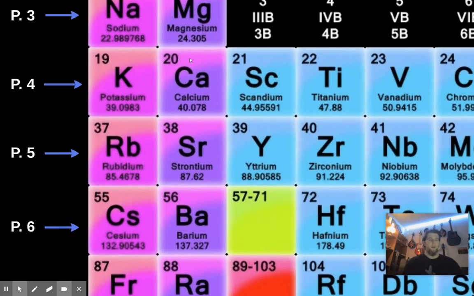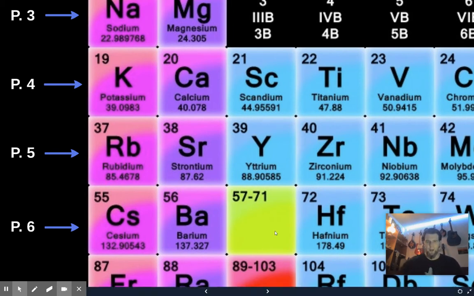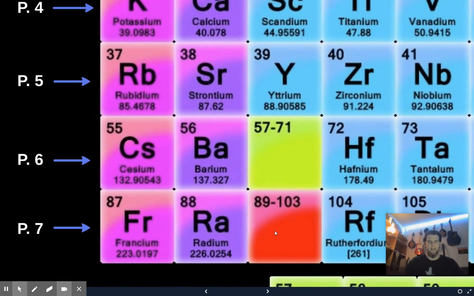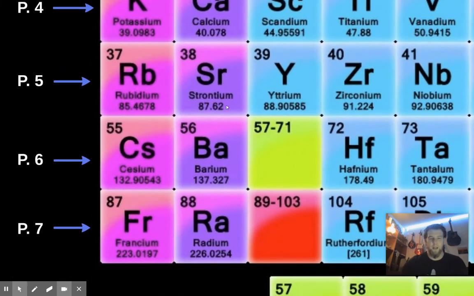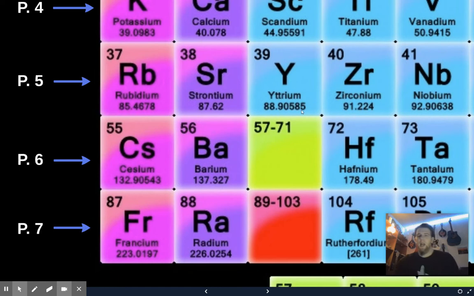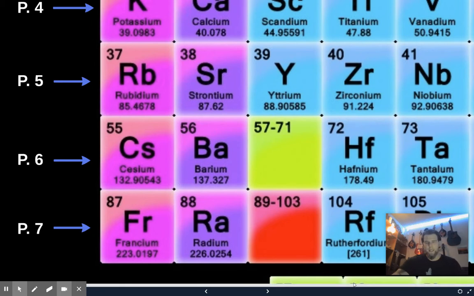Alrighty, so then we see more down here. Here's periods 4, 5, 6. And then we get to these cool little areas in here, which we'll talk about in just a second. And you can see, so it goes from 56, and then over here it jumps to 72. But all those elements from 57 to 71, we're going to see that they sort of get pulled out. Same with elements 89 to 103.